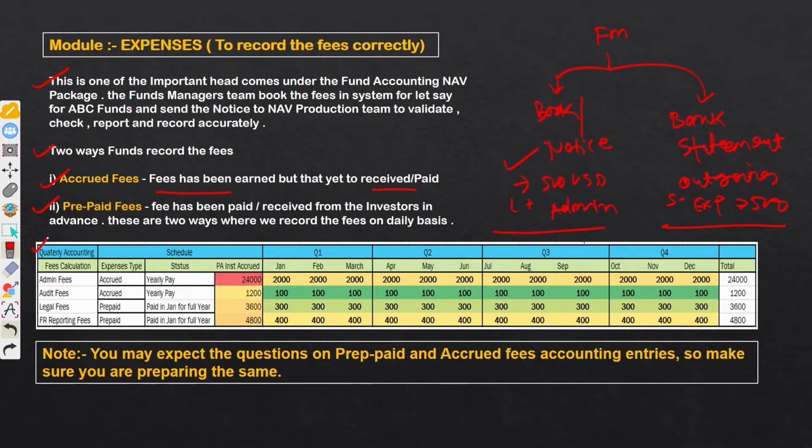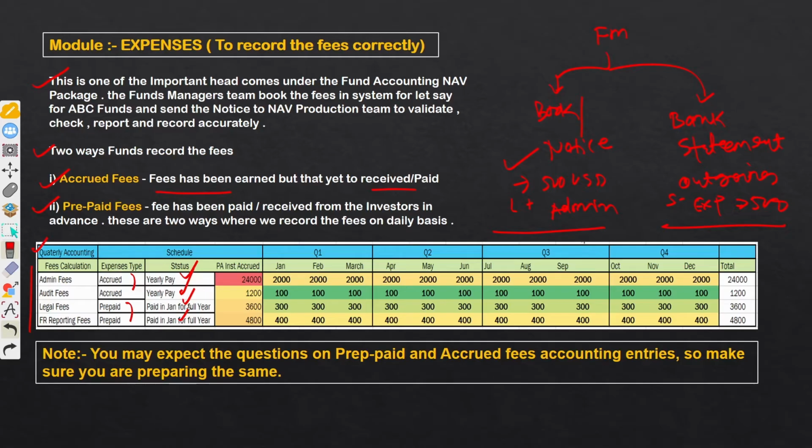Different heads we have: admin fees, audit fees, legal fees, and financial reporting fees. We have two heads for accrued and two heads for prepaid. Payment status we also have: yearly pay, already paid in Jan for the full year in the case of this one, and two expenses already paid, and two expenses which will be paid at the end of the